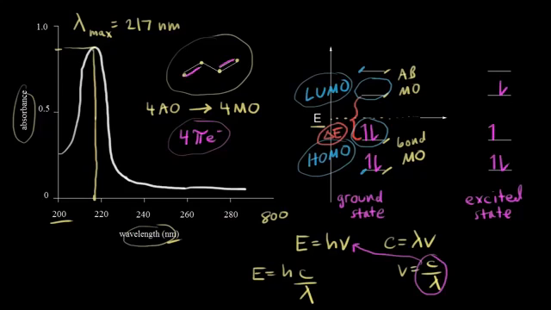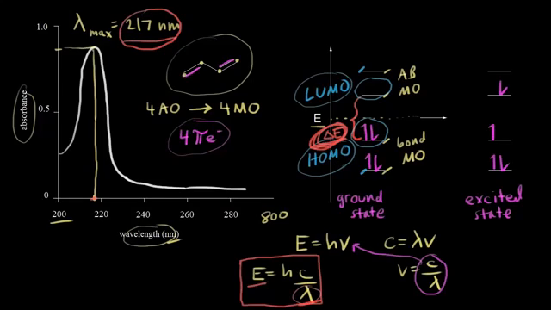And this is really important. Energy and wavelength are inversely proportional to each other. You can think about one wavelength giving you a specific amount of energy. And so this energy difference between the HOMO and the LUMO corresponds to a wavelength. And if we go over here to the absorption spectrum for butadiene, we're talking about a wavelength of 217